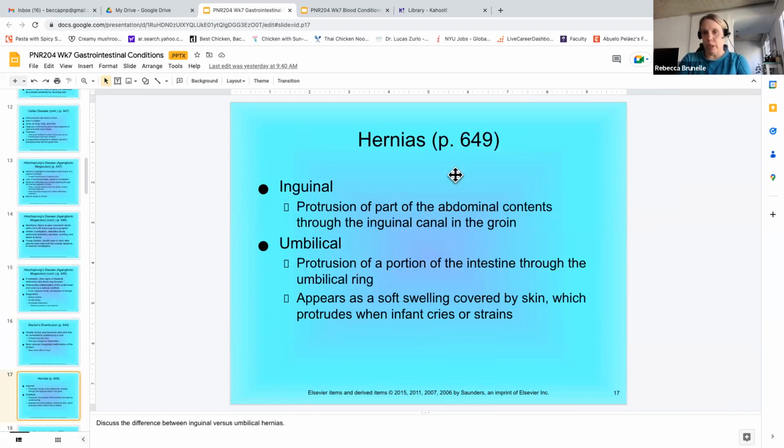And then hernia. Hernias are more common in adults than they are in kids. Has anyone had a hernia or have any experience with hernias? Yeah, I had one as a kid. You had one when you were a kid, okay. Did you have surgery? Yep, okay. Who can give a general definition of what a hernia is? Is it like the vessel sticking out? The umbilical? Yeah. So you can have an umbilical hernia.